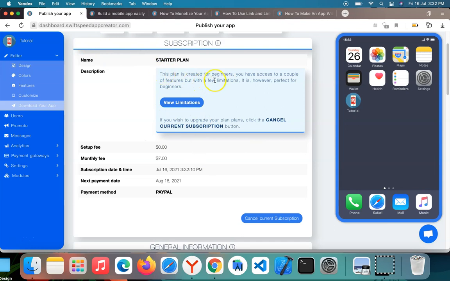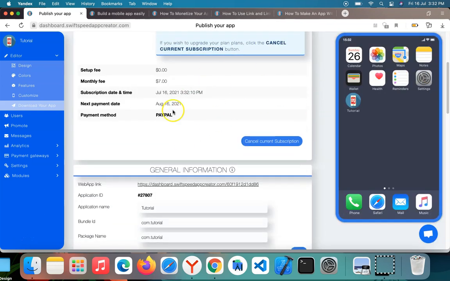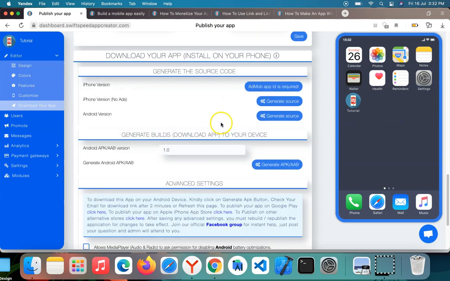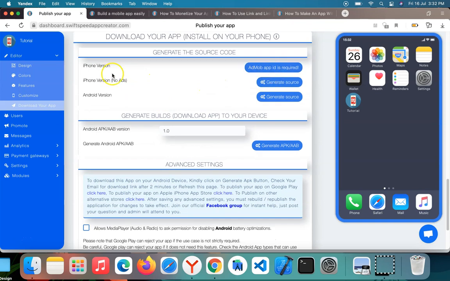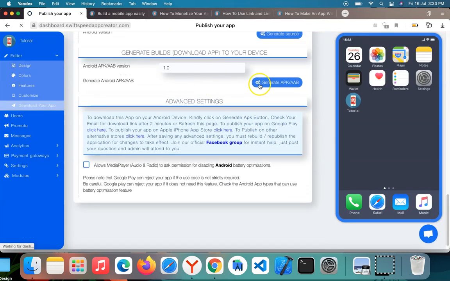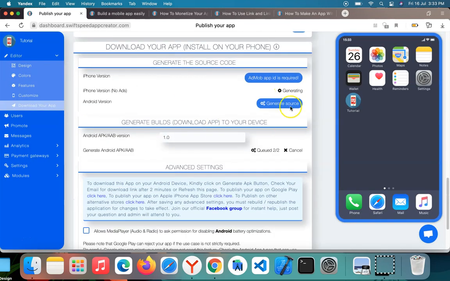This plan is created for beginners. You have access to a couple of features, but with a few limitations. It is however perfect for beginners. Since I'm just a beginner, I've just activated the subscription with $7. So you see the page has changed here, and now I can generate the iOS version of my app. So I'm going to click generate source code, and then I'm going to click generate APK. Both of them are being generated, but while they are being generated, let me take you through this area